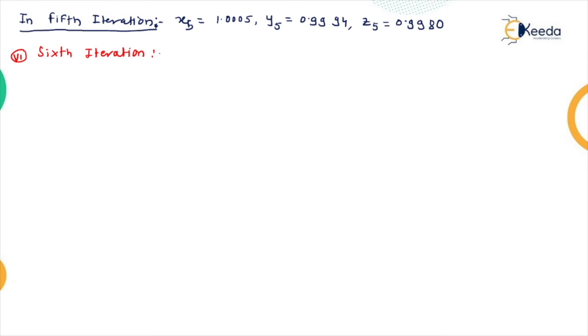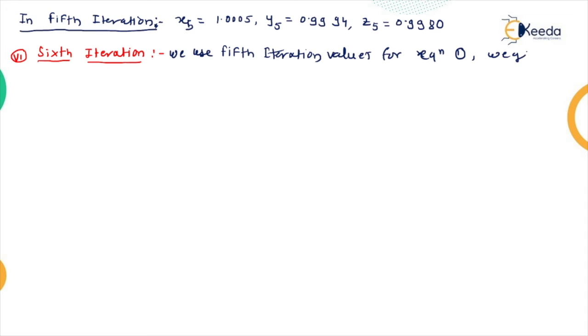So what is the sixth iteration? How will we take the sixth iteration? Let's see, guys. This is very simple, we have to use the previous values. We use the fifth iteration values for equation 1. We get the value of x for the sixth iteration, x6, and x6 can be written as,